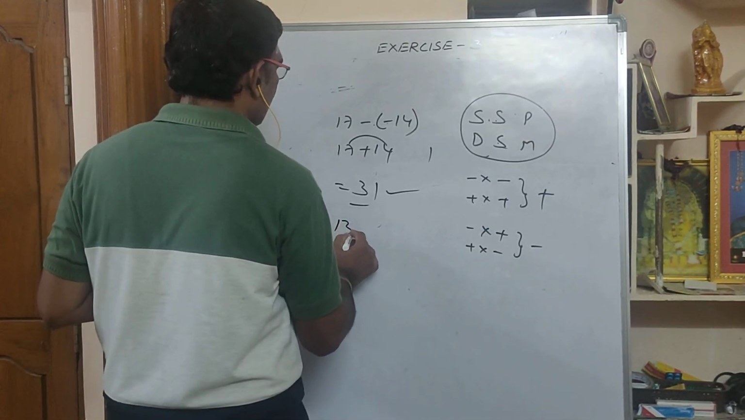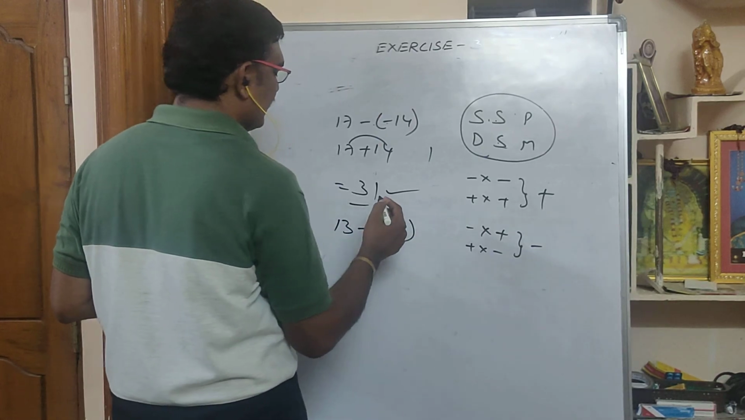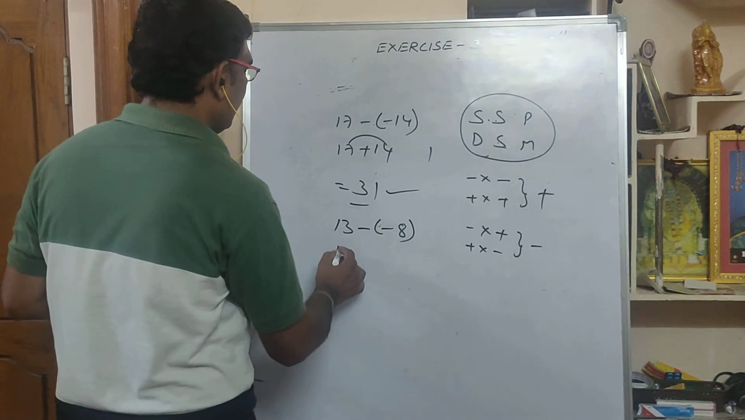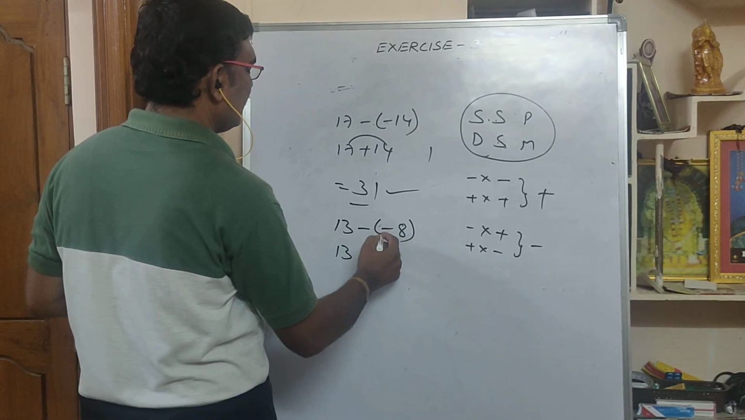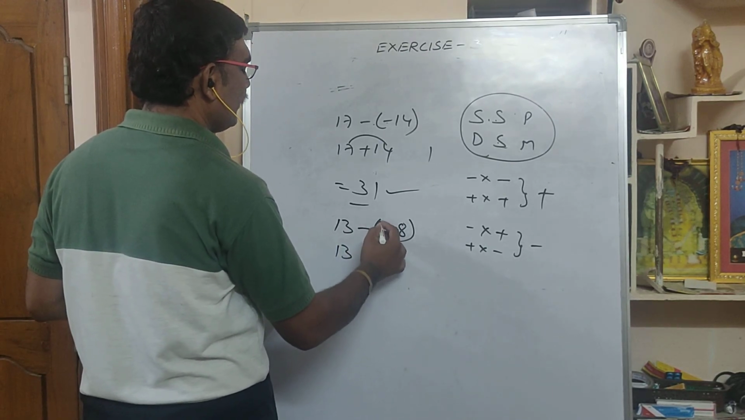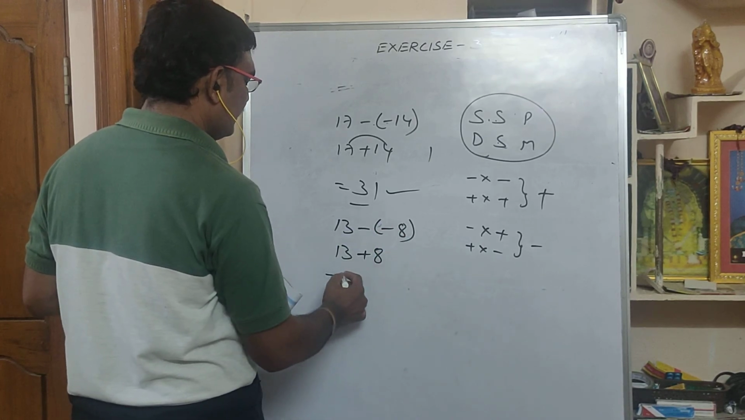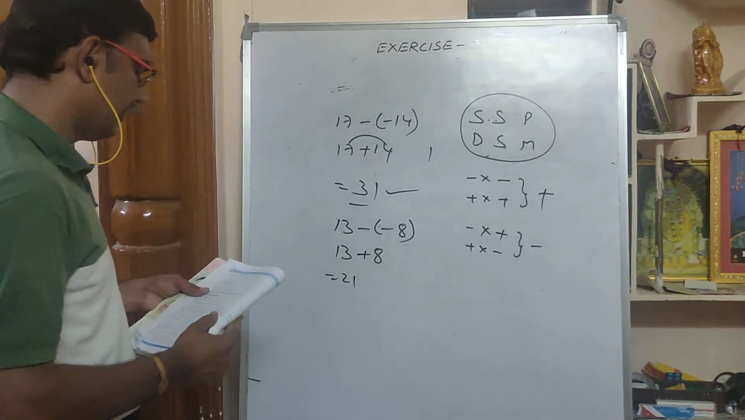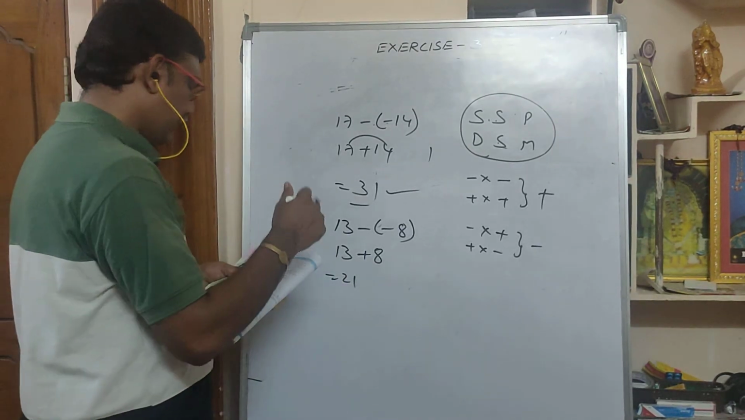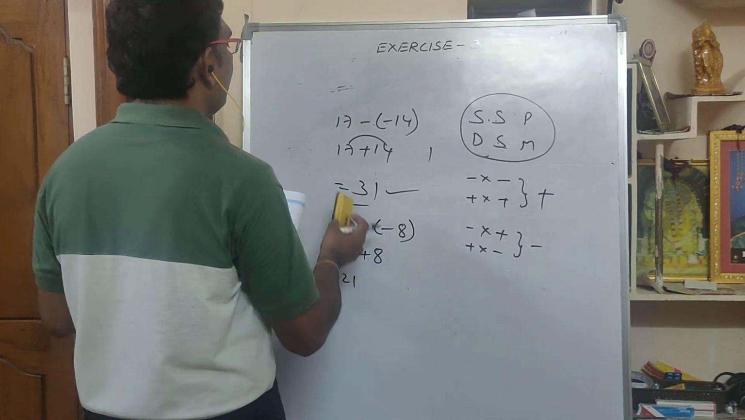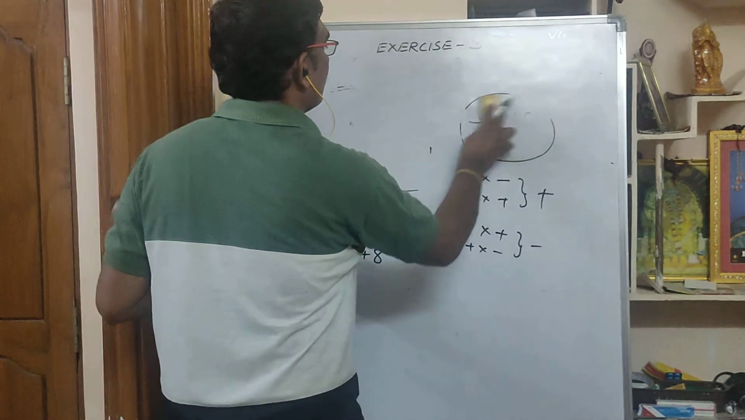13 minus of minus 8. So here 13 stays the same. Minus, this is into. Half means into. Minus into minus is plus 8. 13 plus 8 is how much here? 21. So the remaining you can do like this. If any question, that is